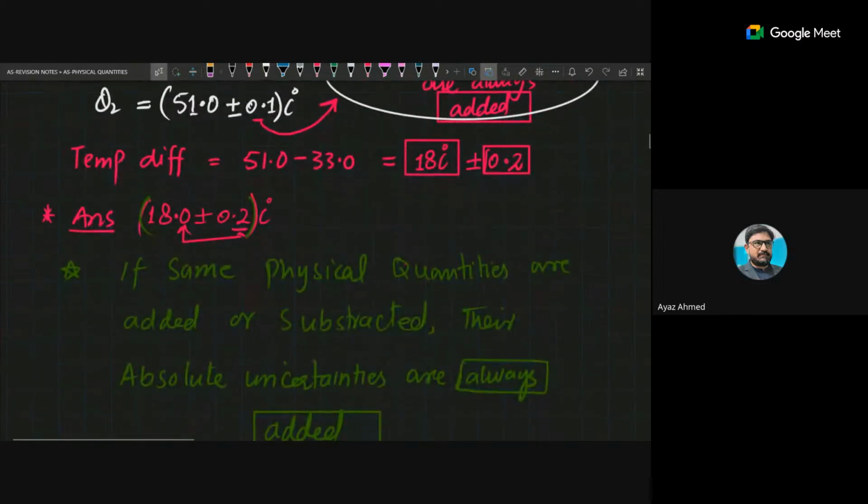For the difference of temperature, the values are 51.0 minus 33 degrees centigrade, and that gives me 18 degrees centigrade. So 18 degrees centigrade means that is